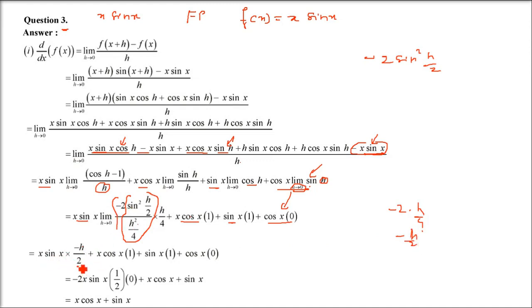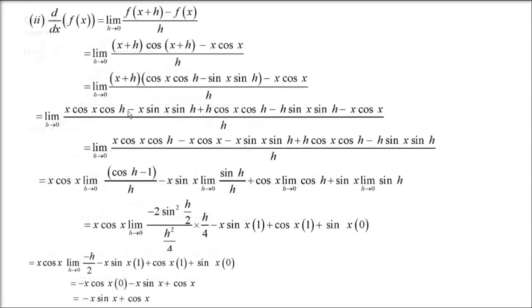Okay. Now x sin x, when you apply the limit, h is 0. So the first term will go, only x cos x plus sin x will come. So all the first and last terms will be 0, and x cos x plus sin x will come. All other questions have this kind of scenario, so you need to be very careful about what I just told you.